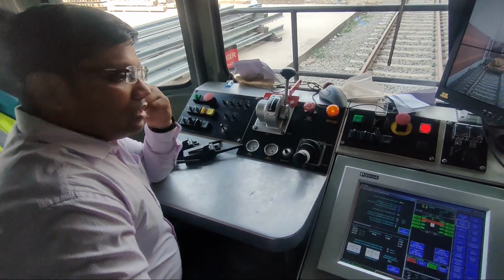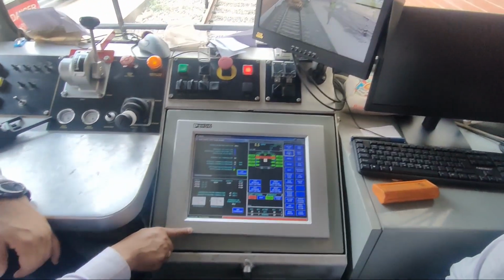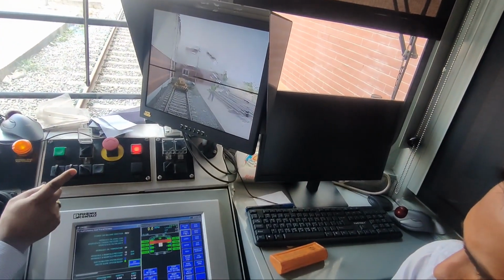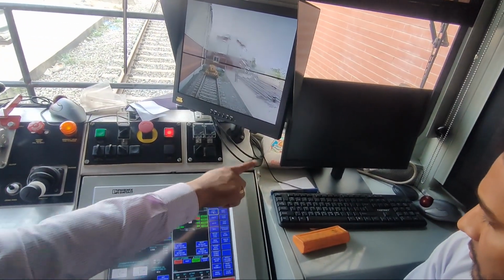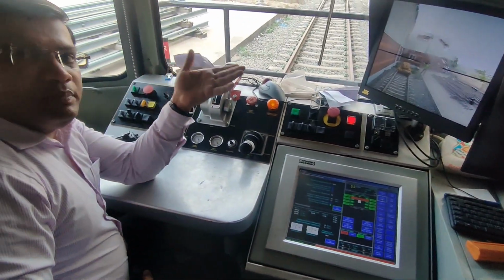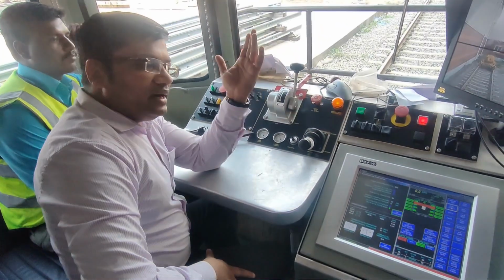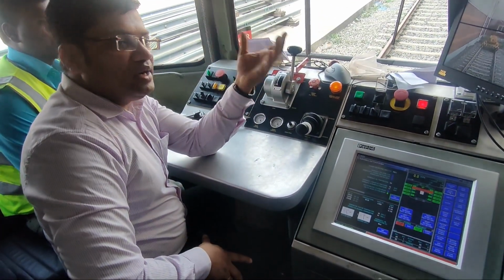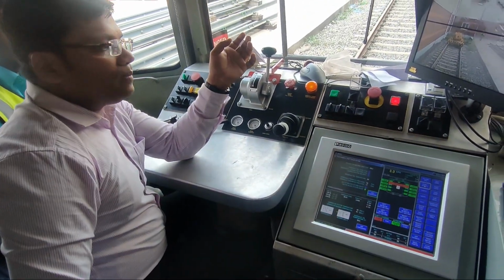Okay. So we have three monitors over here. One monitor is this, which is called the HMI. One monitor is this, which is for the grinding and traveling, right? And one monitor is over there, which is also a computer. This is used when we are doing the recording and the grinding part, right? The RailPro software and everything is installed inside that. That is the advanced topic that I'll be teaching you in the next video, right? That is what it is meant for.